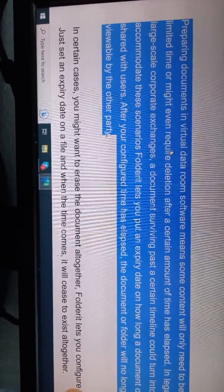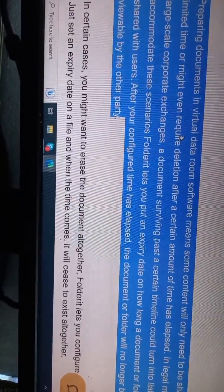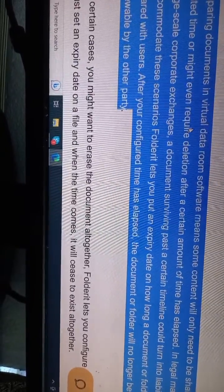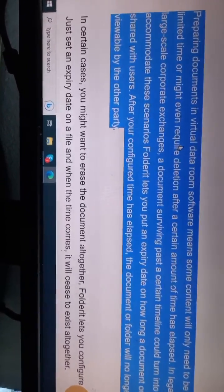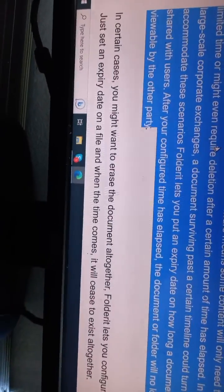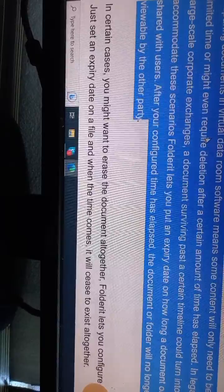Preparing documents in virtual data room software means some content will only need to be shared for a limited time or might even require deletion after a certain amount of time has elapsed. In legal matters and large-scale corporate exchange, a document surviving past a certain timeline could turn into liabilities. To accommodate these scenarios, Cloudread lets you put an expiry date on how long a document or folder is shared with a user. After your configured time has elapsed, the document or